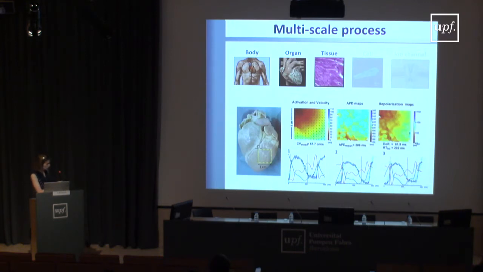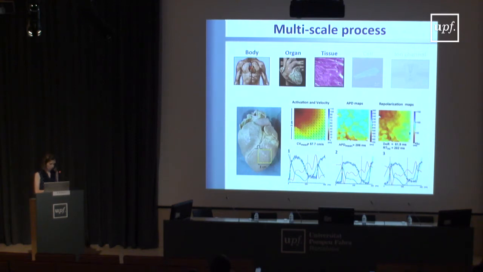We can even go one step below and take a piece of tissue within the heart. We see here a piece of tissue, and we can evaluate different characteristics regarding the electrical activity of this piece of tissue: the activation, the velocity, or the duration of, for instance, the repolarization, the time it takes the electrical response to go back to